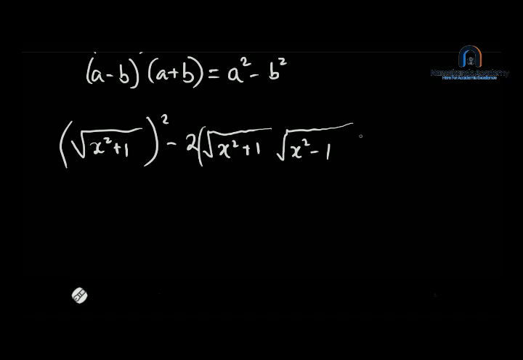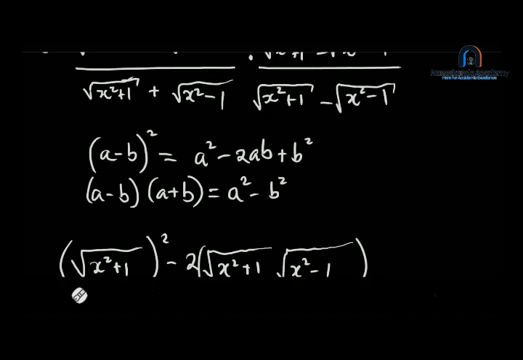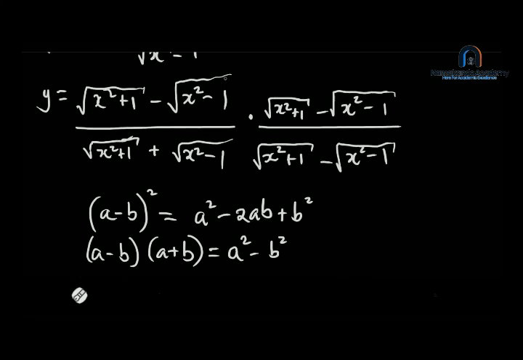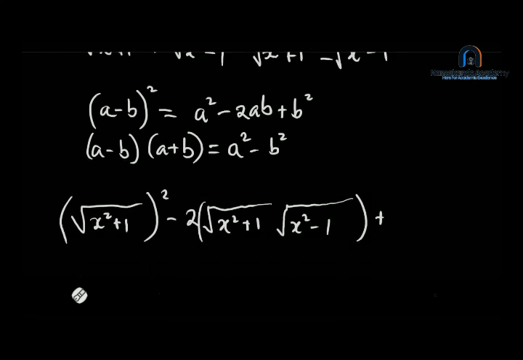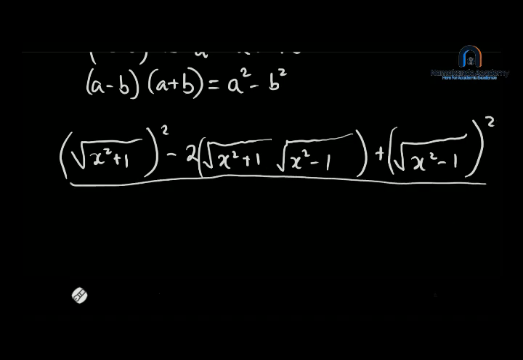All of these are being multiplied by 2. Then we add b squared, so here we have square root of x squared minus 1 all squared. Then we say over